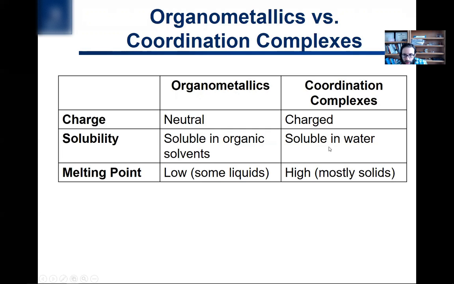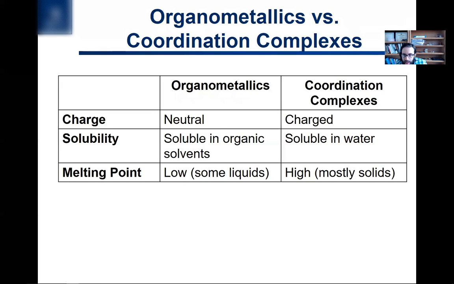The melting points also follow what you expect. Ionic compounds like sodium chloride have a very high melting point. So most of the time, the coordination complexes are going to be solid. Organometallic compounds are going to be compounds that are solids that might sublime very easily, or like ferrocene is an example. That's an iron complex of a bis cyclopentadienyl ligand. Very common organometallic complex that can be sublimed very easily to purify it. But they could also be liquids or solids with low melting points or sublimation points, okay, versus coordination complexes.